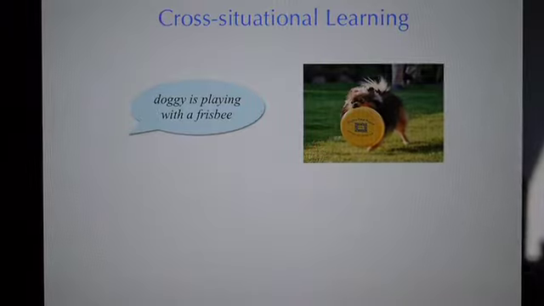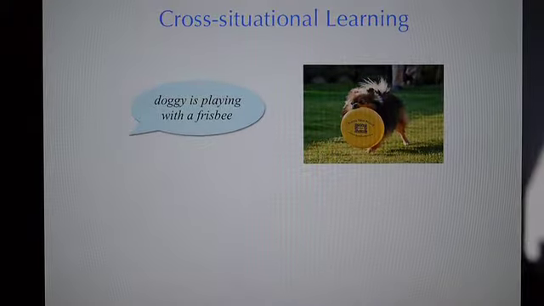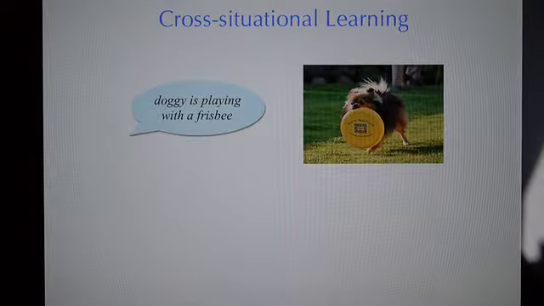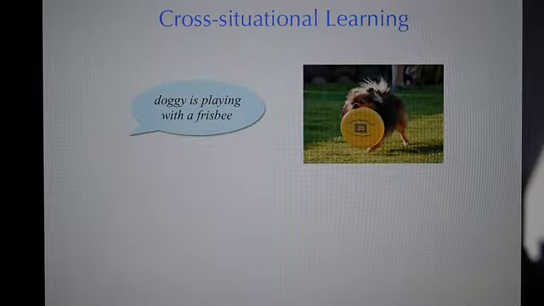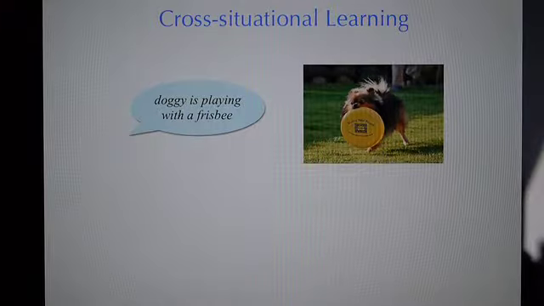A third class of learning mechanisms that has been suggested to be at play when children learn the meaning of words is called cross-situational learning. This is an interesting idea. It's simple, but it's very effective. The idea is that if you hear a sentence like "dog is playing with a frisbee" while watching the scene that I'm showing you, where a dog is actually playing with a round plastic toy, and then 2 days later